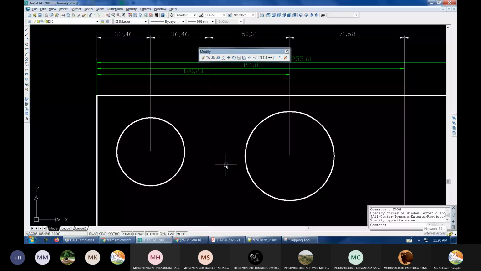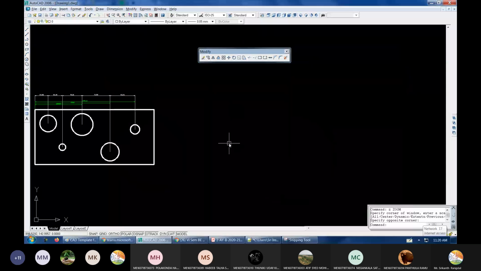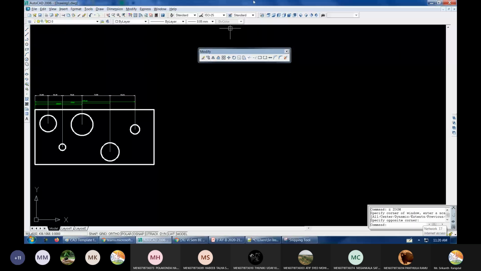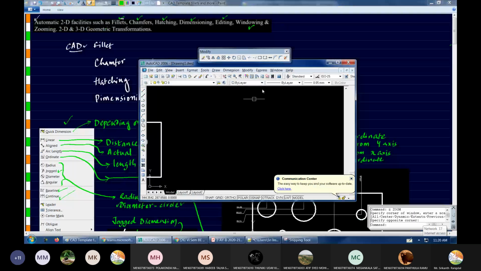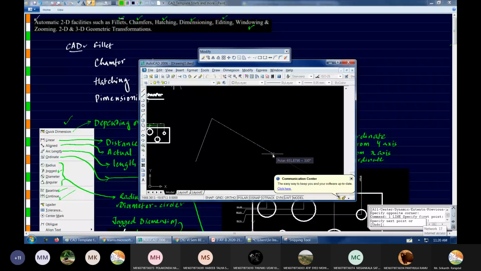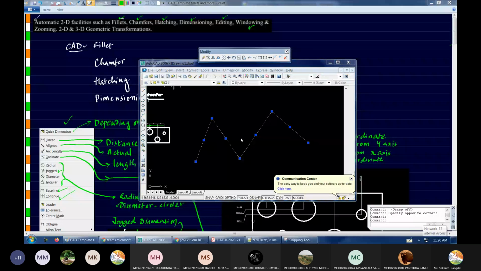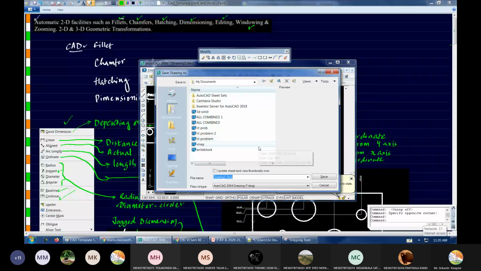Fine. So here a little more explanation is needed. Okay, let me just reduce this size, and let me just draw this. So when I'm drawing this line and saving it into a file, let us say CAD class, I'm just giving a name to the file.